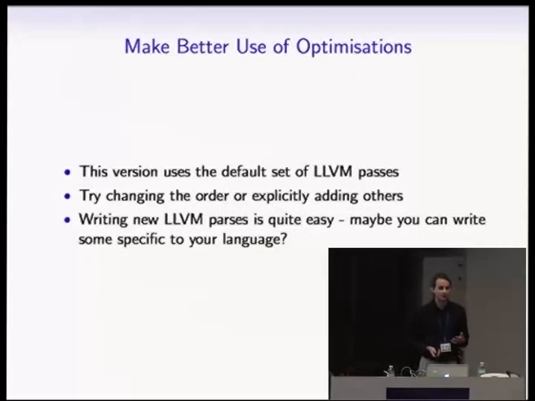And on the LLVM website, there is a list of passes page, and this will give you about 200 different passes you can do. Maybe look at some of these, see whether they do things that particularly match your source language or don't. And you can write new ones.